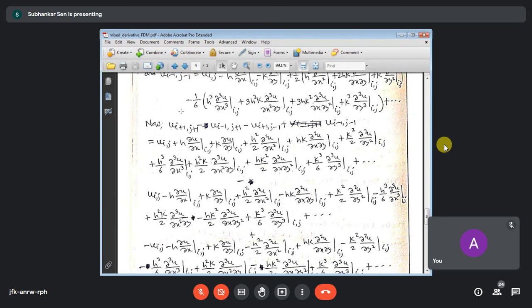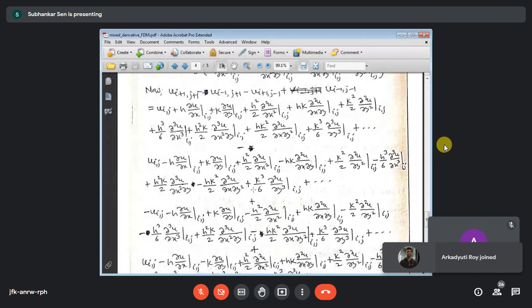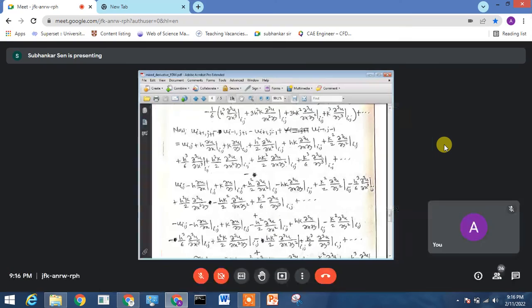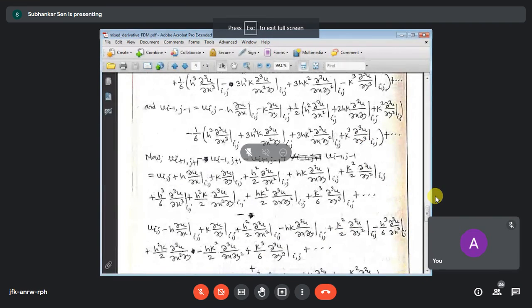If you do this in this manner and simplify from here, then you will see that the second derivative terms will be cancelled out. The cross derivative terms will be present, and the third derivatives will all be absent. That I am not discussing; it is simply calculation. So what we are doing here is this total expansion, whatever we got by Taylor's expansion up to the third derivative, that we have written here. This is that expansion. Then we have the minus sign.